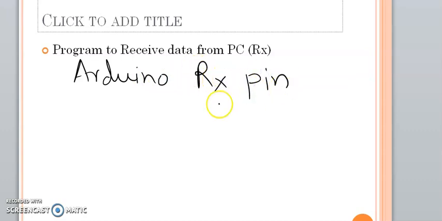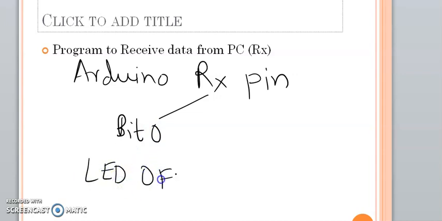For the Arduino RX pin, we know that the Arduino Uno board understands the binary language. So when the RX pin receives bit 0 from the PC, the LED should be turned off.